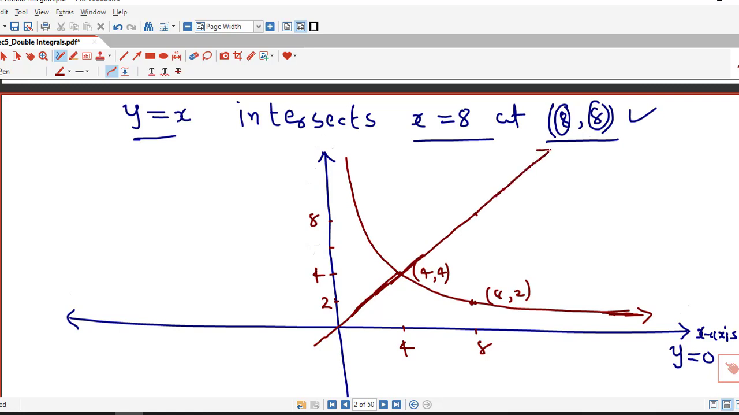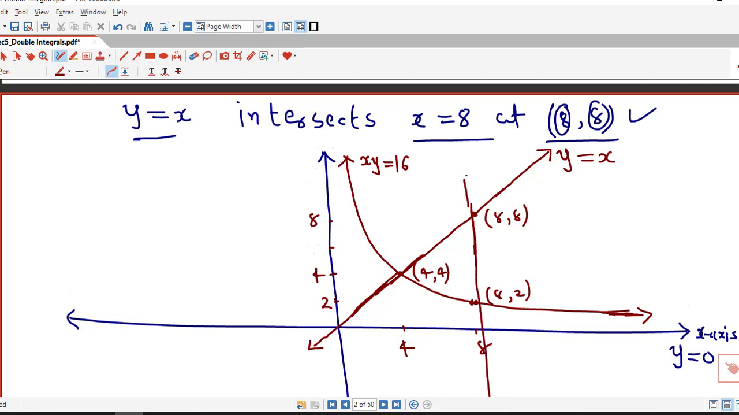So this is the line y equal to x, and we are interested in the first quadrant only. This is the parabola x into y equal to 16 and another line is x equal to 8, so it will pass through these points. This point is now (8, 8),